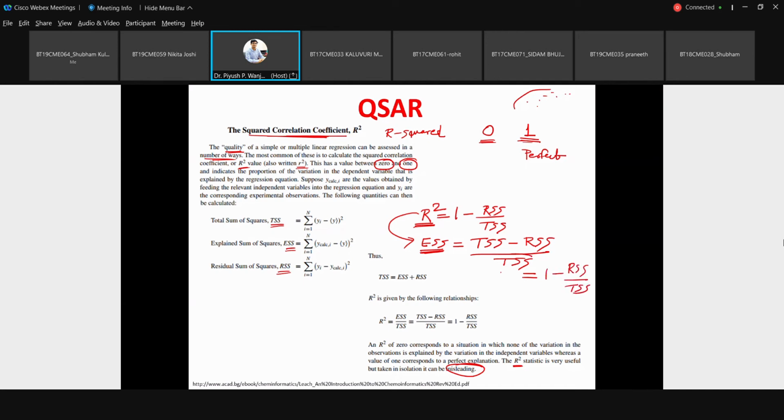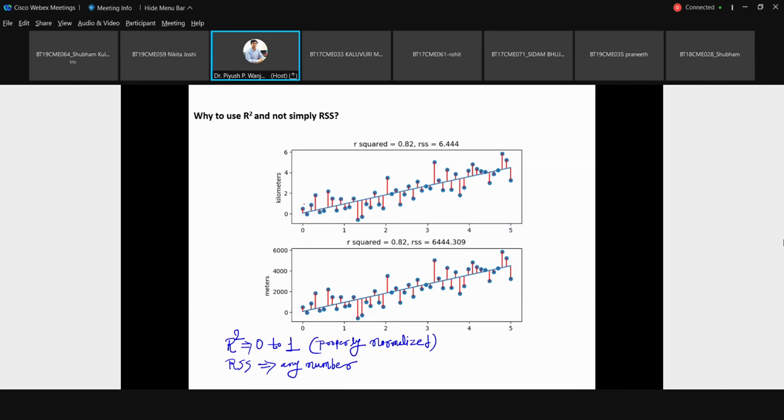Now why are we dividing by TSS? You can consider TSS as some kind of normalization factor. Whatever ESS values you are going to get, this can always vary depending upon the various units you consider. The values will not be between 0 and 1. Suppose some values are given in terms of meters, and you can see how the data is being fitted to this curve. If the same values are converted to kilometers, again you can see how the data is being fitted to the curve.